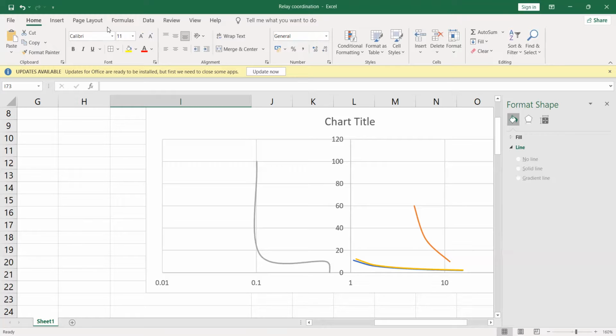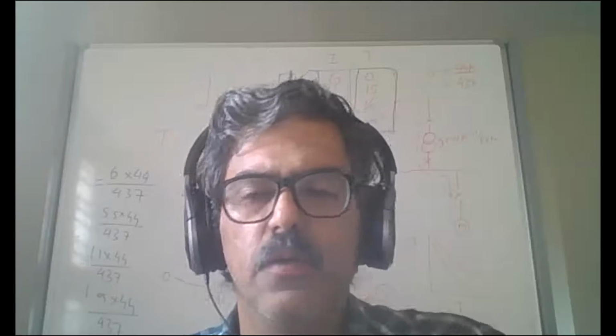See, actually, if you are working on a software, it will not take such a long time. But the reason is you are getting an idea how the software works. So we do one thing. Today we have almost 1.5 hours. So next Saturday we will complete the coordination part because I think one more class was pending.